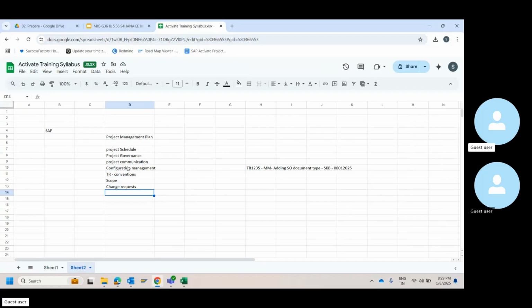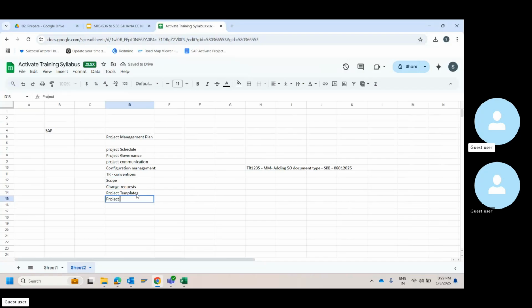TR is for individual consultants, individual activities that they do. All the configurations they will capture in a TR. So everyone has to maintain it uniformly so that tomorrow, if you want to see what is in a TR, you will know who has done that. You can reach out to that person and ask them what is there in this TR. It's a uniform thing that is followed widely. Conventions might differ. However, it is important for anyone to set up a configuration plan and a TR convention before the start of the project. And then project templates, we will have a section for that.